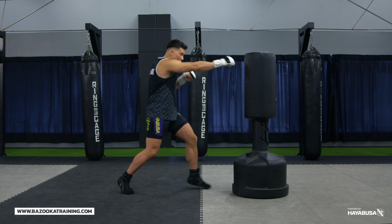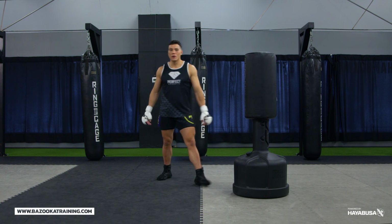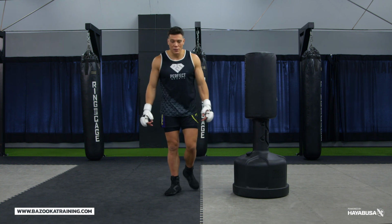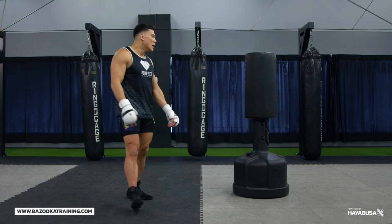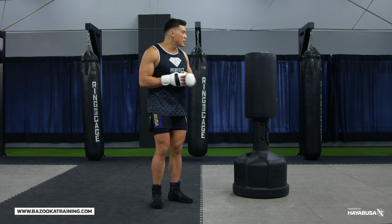Now I don't have room. I have to angle to get the full extension. Now I can kick with beautiful length and beautiful range, all right? That full snap technique. Now, another little example you can use, which I like to use with my fighters, is